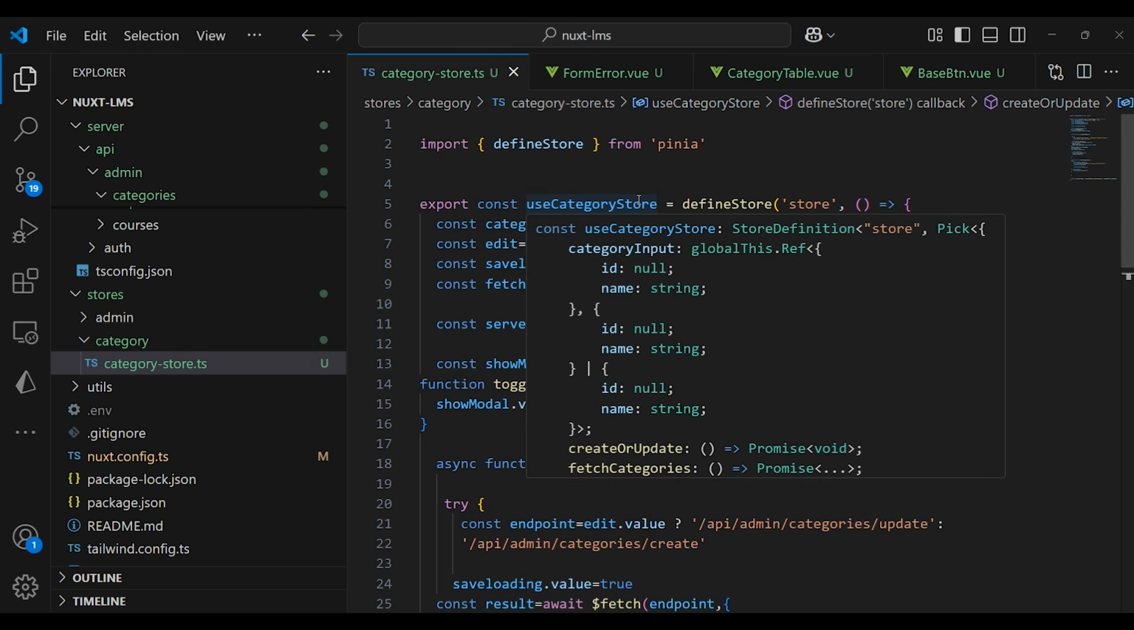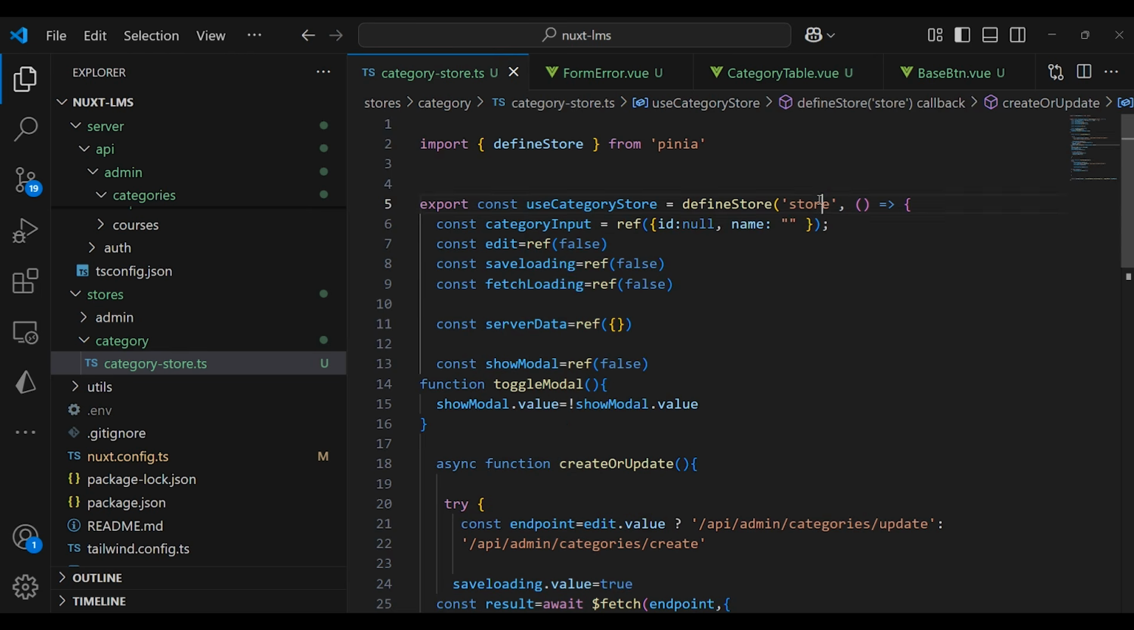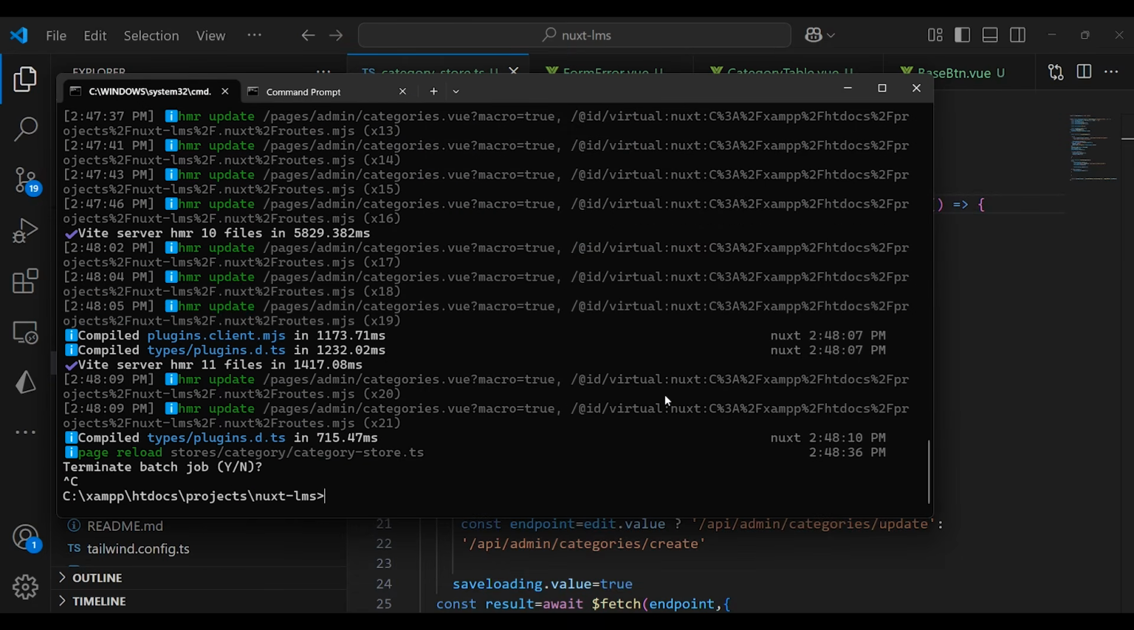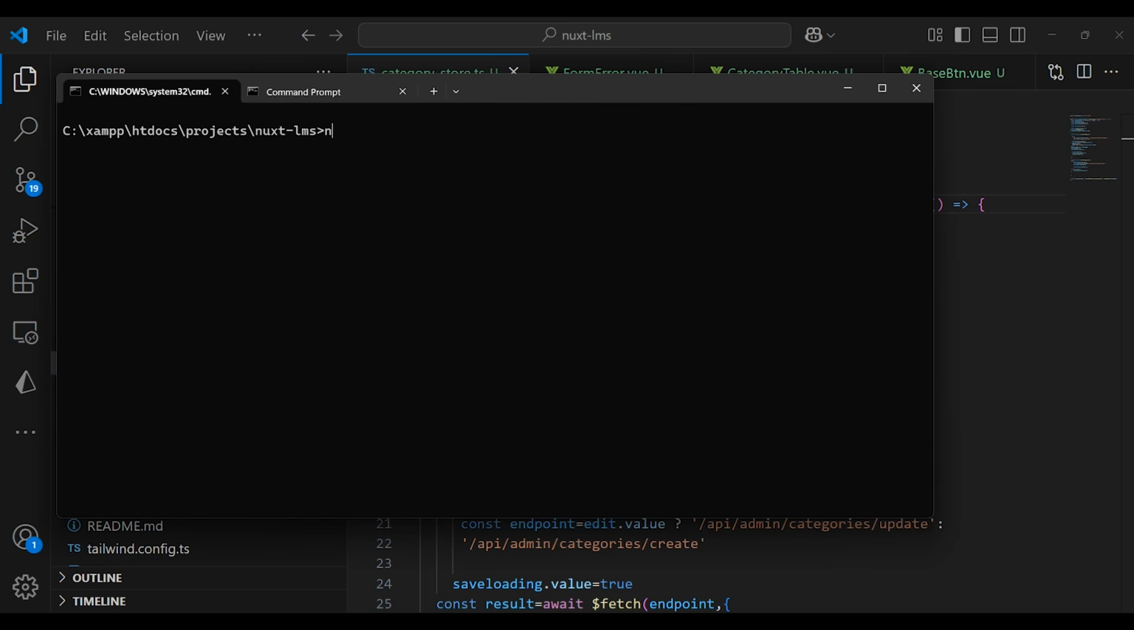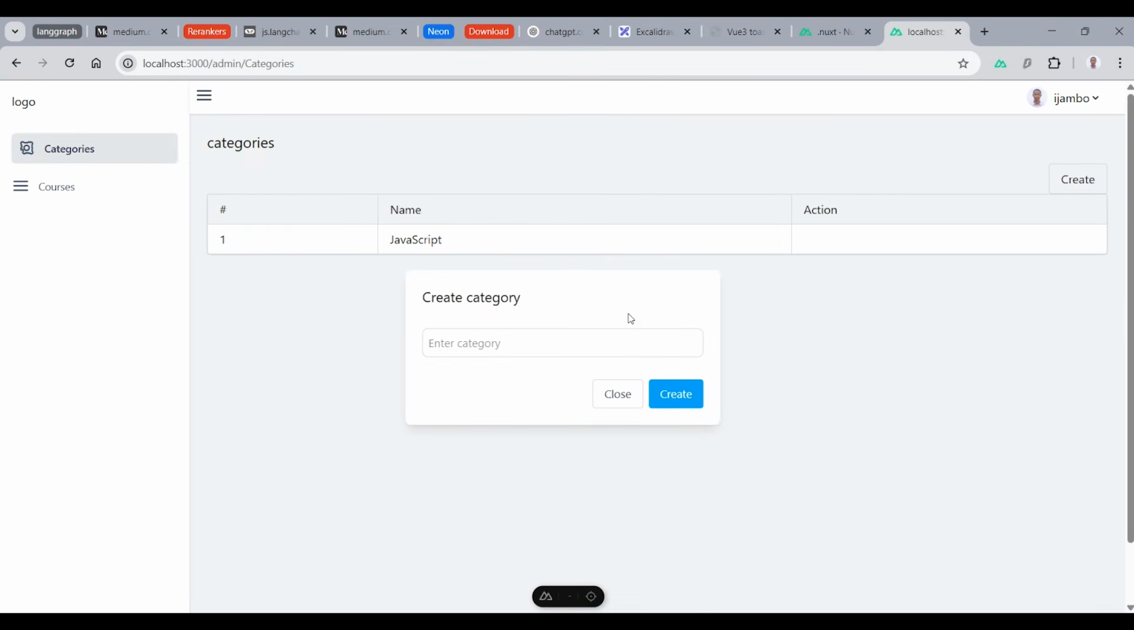Yeah, use category store, and I'm passing the category store here, like this. In order to get rid of the error, we are going to rerun our server. I'm typing npm run dev again so that we load everything again. Okay, I'm going to click here. You can see that we just popped up the modal, and now I'm going to fix the styling here,